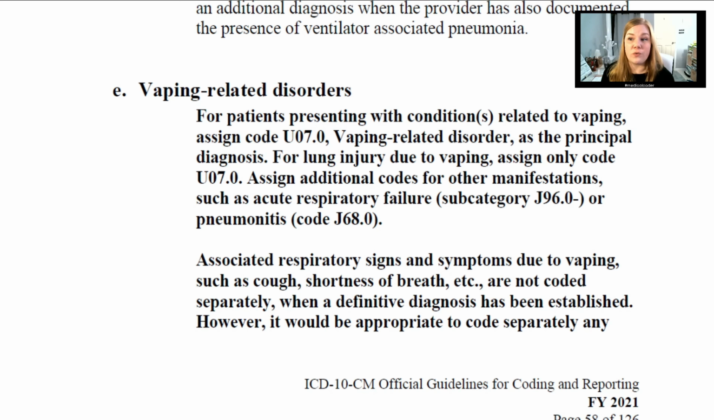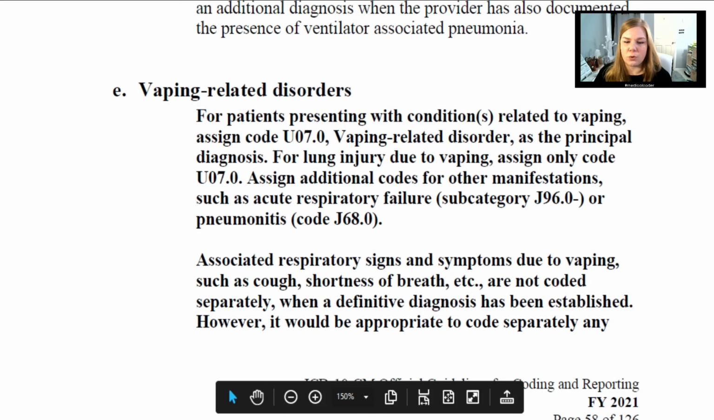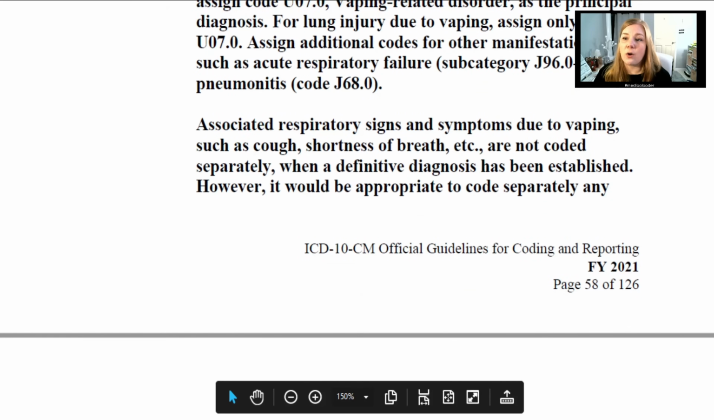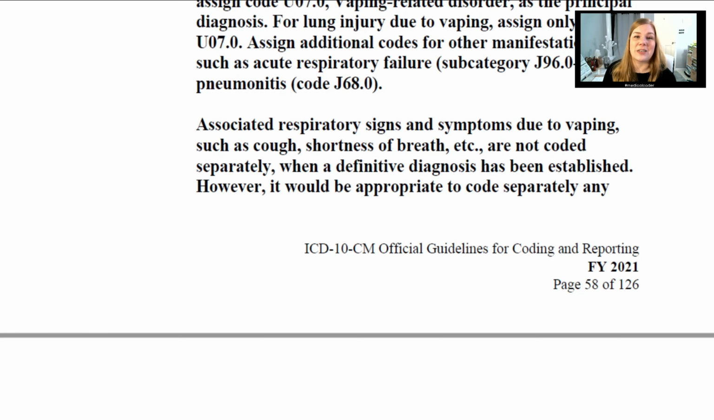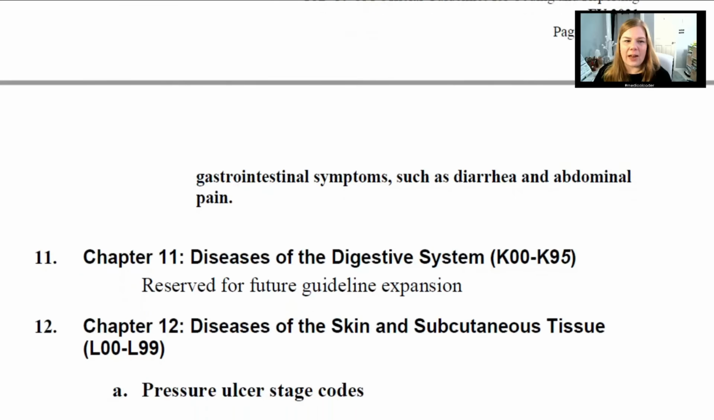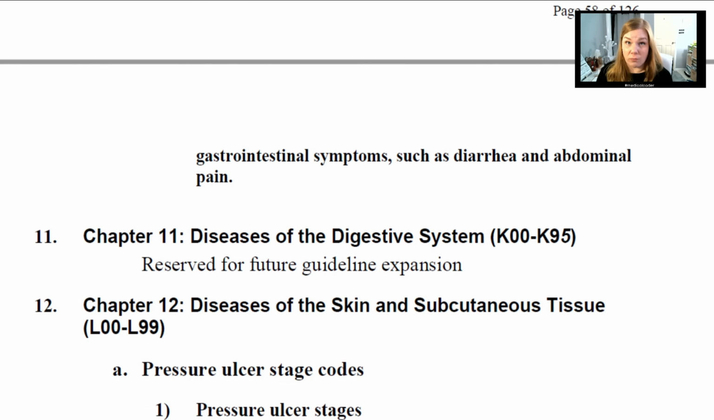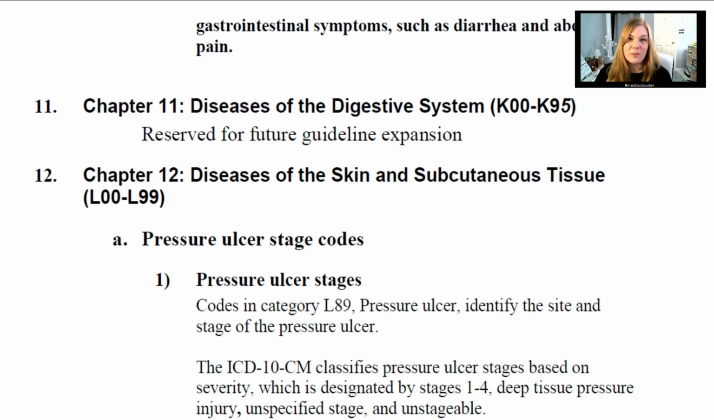For lung injuries due to vaping, we would still assign only U07.0, assign additional codes for those manifestations, such as if they have acute respiratory failure or pneumonitis. Associated respiratory signs and symptoms due to vaping, such as cough, shortness of breath, etc., are not coded separately when a definitive diagnosis has been established. However, it would be appropriate to code separately if any gastrointestinal symptoms, which is not respiratory, such as diarrhea or abdominal pain occur. Now, there are no chapter-specific guidelines for Chapter 11,